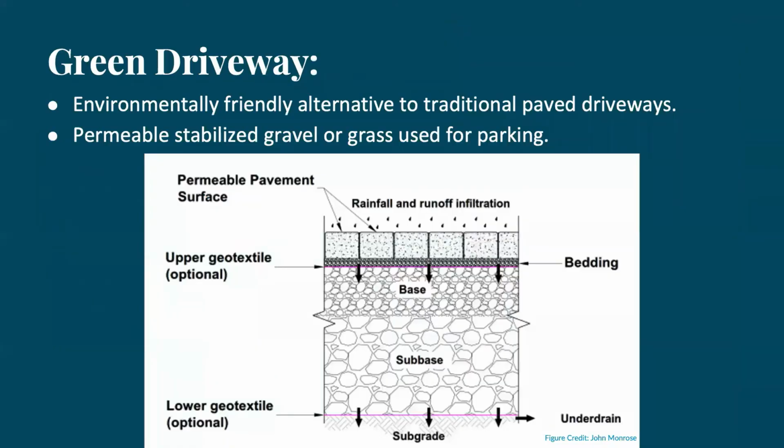So another great example of green infrastructure is green driveways, and they can be used as your main driveway, or if you maybe have alternate vehicles like campers or boats, and you don't want to give up your entire lawn as a gravel pit or as a paved surface. There are great little apparatus that you can get online, and sometimes they'll have a honeycomb structure or other shapes, and you lay them down sort of like a little mat, and they help to stabilize either gravel or grass. And they're a much more environmentally friendly alternative to your traditional paved driveways, because paved driveways, asphalt, concrete, are